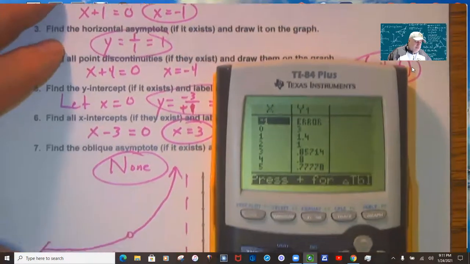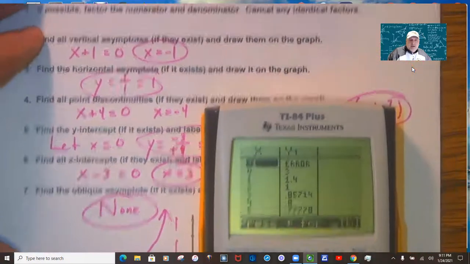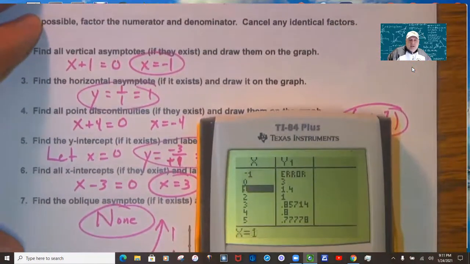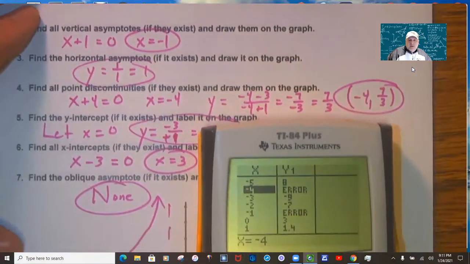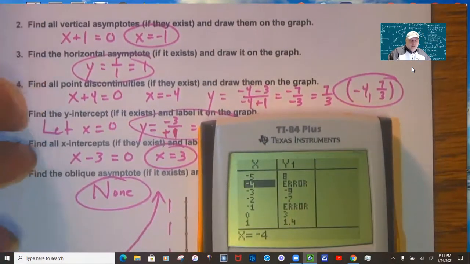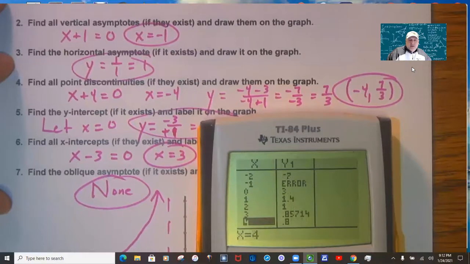So we should expect to see at -1 an error. That's the vertical asymptote. We should also see at -4 the point discontinuity, an error. That's why we have to figure out the y, because we don't know where it happens. The horizontal asymptote, you cannot tell on the table. That's the only thing. The y-intercept, 0, 3, there it is. And then the x-intercept is